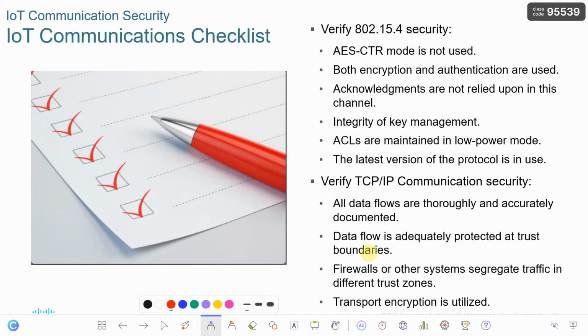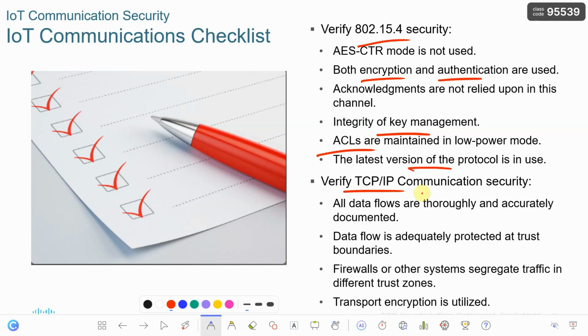And so in the lower layer, if you take a look at the 15.4, if some of the encryption is not done, obviously it is subject to problems. Integrity for key management is a problem. ACL, access control list, is it being maintained? Is there a latest version you have been using? For TCP/IP, there's no such thing as the latest version, but which latest software are you using? Is the software properly programmed and coded? Do not sacrifice the programming code